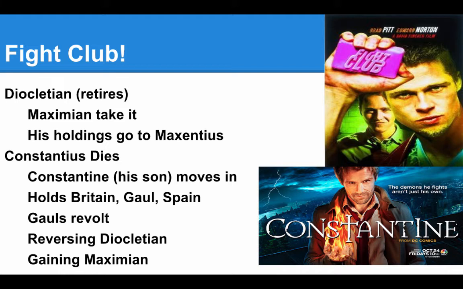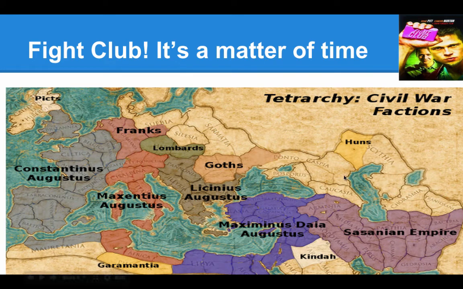And in order to keep Maximian in power in the east and to gain himself an ally, because Constantine always knew he was going to try to take the whole thing over, he is able to ally with Maximian with the promise of helping him, and therefore he knows he's got an ally if he wants to move forward, and a guy to help him with the barbarians. Because if you look at this map, Constantine holds this area up here, and he's got to deal with Franks and Lombards. He's got some legitimate problems. Maxentius is right in the middle. This guy Licinius, who is Maxentius's brother, will eventually take over this area. We'll get to it later. And then you have Maximian over here.